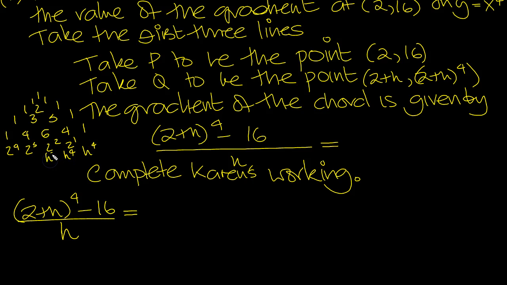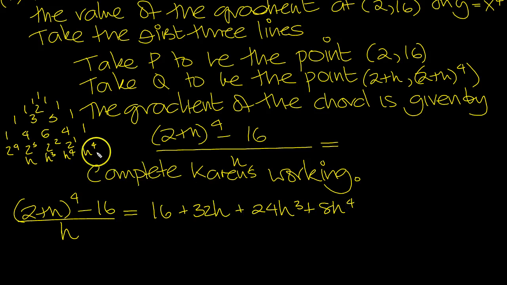So we end up with 16 then, plus 8 4s are 32h, 6 4s are 24h squared, 4 times 2 is 8, h cubed, and then we've got